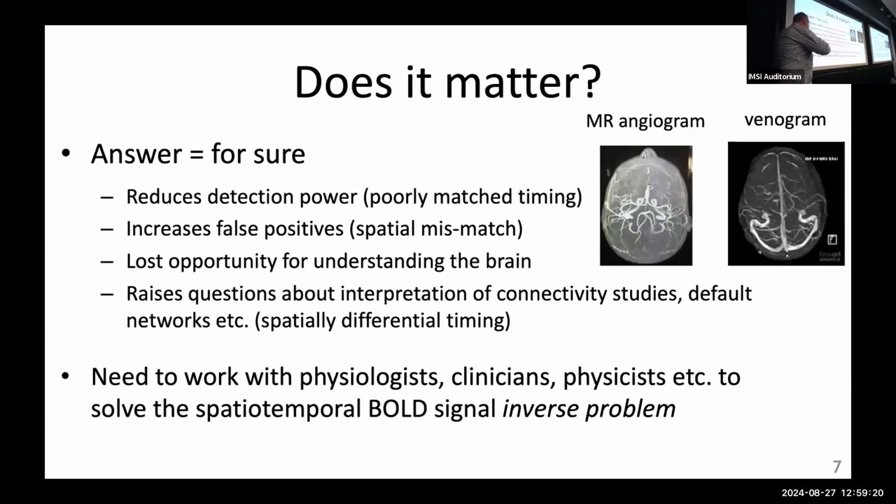So again, we need to work directly with physiologists, clinicians, and others to try to understand this very complex spatiotemporal signal. We will need to get people to make these image acquisitions, which they can do in the MR scanner at the same time as your fMRI, and get angiograms and venograms, to correlate pixels and determine relative delays in different positions. It's a lot of work, and I think it's been neglected.